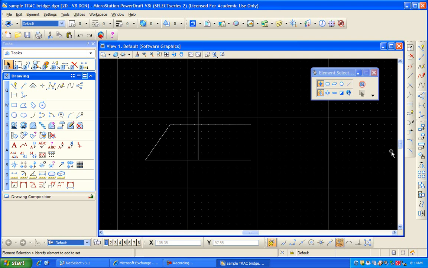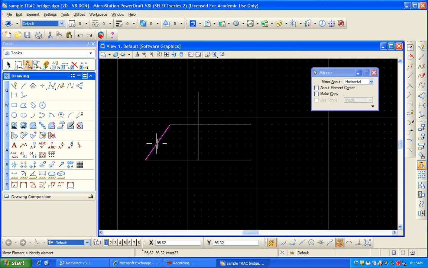To do that, I go back into the manipulate toolbox there, and I'm going to look for the one that says mirror. By selecting that, it says mirror element, identify the element. Well, this is the element I want to mirror, so I'm going to do a tentative to highlight it, data point click, and you'll notice that I have some different options